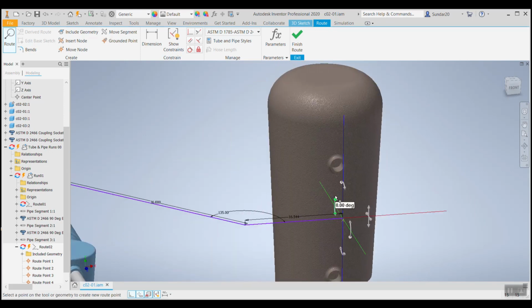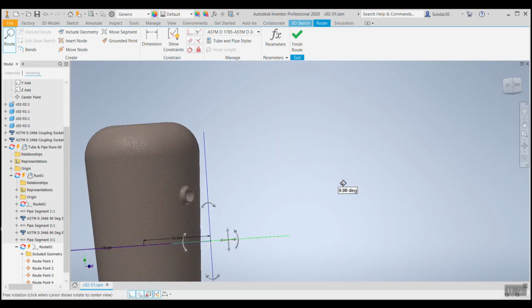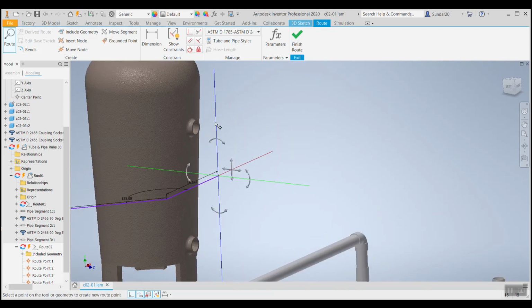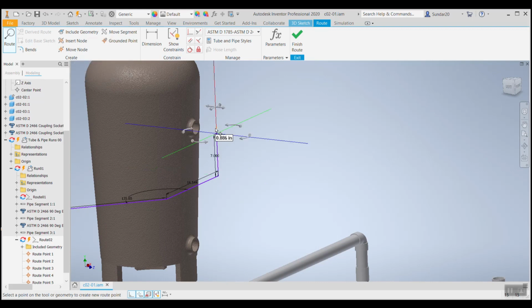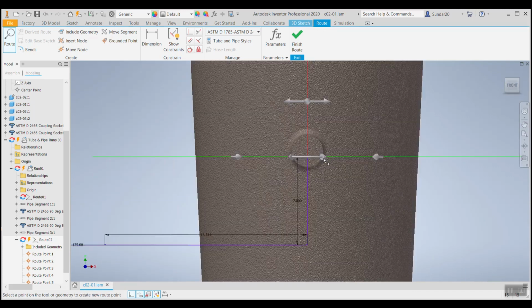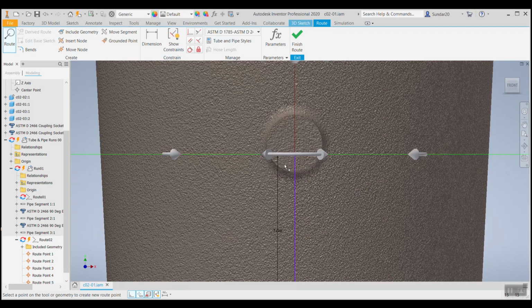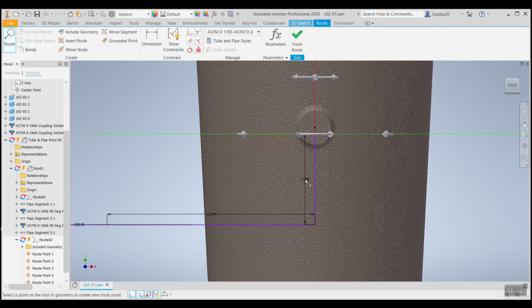Okay, so now we'll go here and continue our design, and I'll go with 7 inches. So I think 7 inches won't be okay. We'll go with 7.5. We'll try 7.5. So you can also edit using the dimension option.